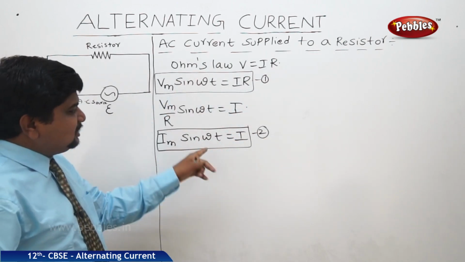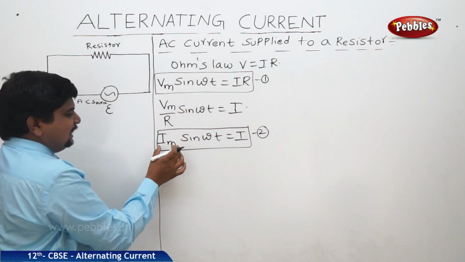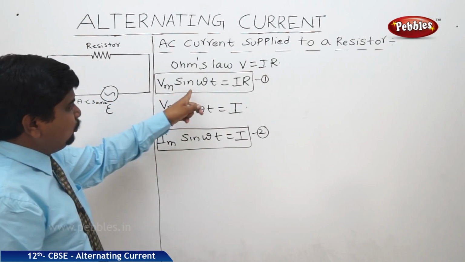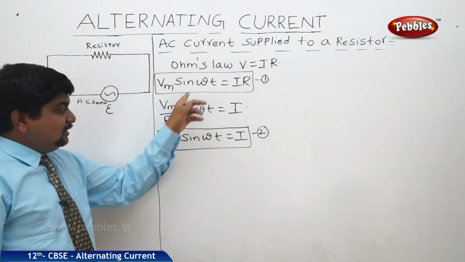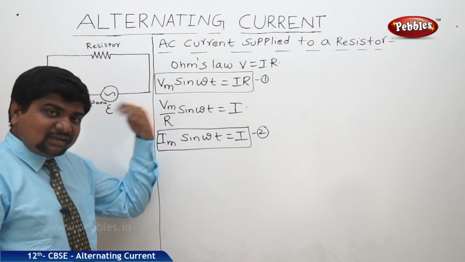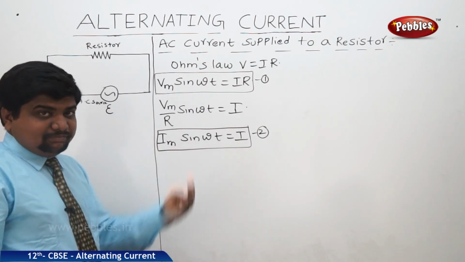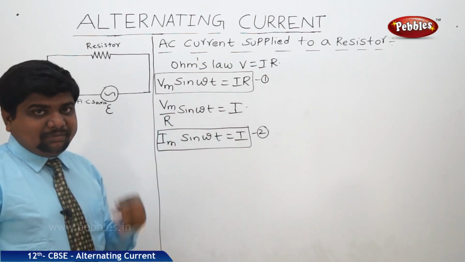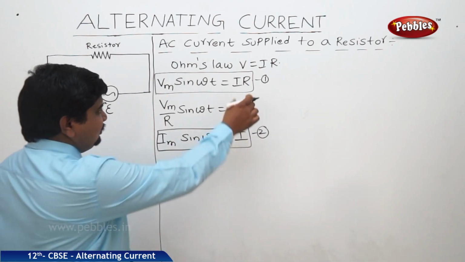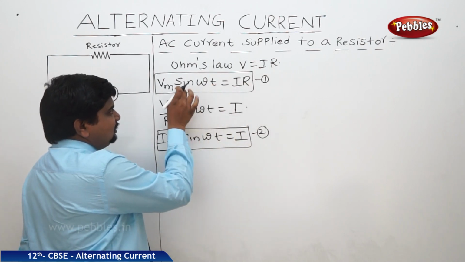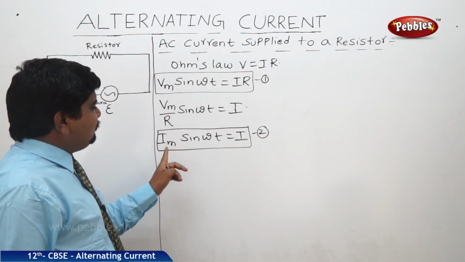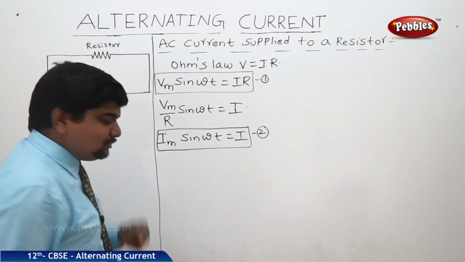When compared these equations 1 and 2, voltage and current, when an AC voltage is supplied to a resistor, voltage and current both are in the same phase because they both are associated with the sine terms. If anyone is in the cos terms, then they both are out of phase, maybe lagging or maybe leading. These things we will discuss in the remaining objects when it is connected to the AC source. But for now, equation 1 refers to the voltage, 2 refers to the current, where Vm and Im are called as maximum voltage and maximum current.